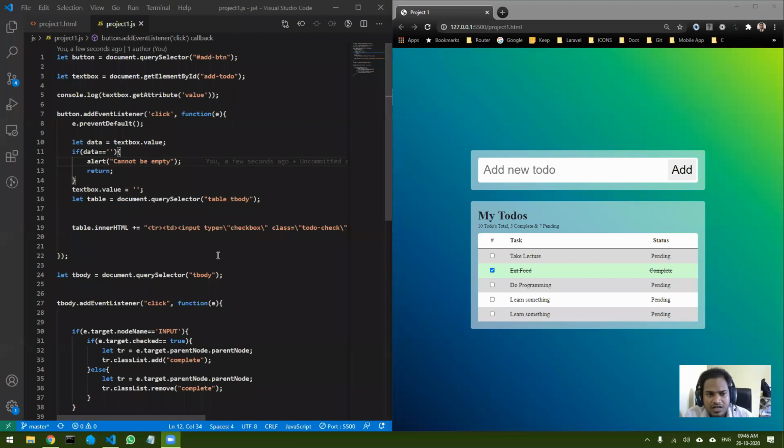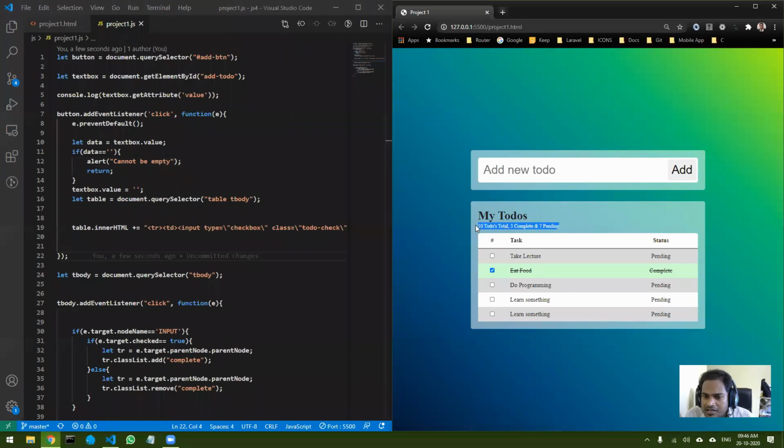Okay, so now the last part is, everything, the to-do application is working, but this part I want to update. Right now this part is not working. That means whenever I check, nothing actually happens over here. So it should basically update, right? So now how to do it? There are multiple ways of doing this, but let us see how we can tackle this.